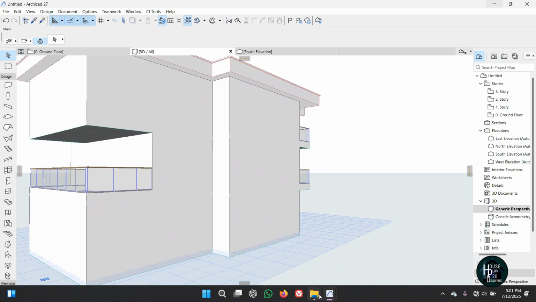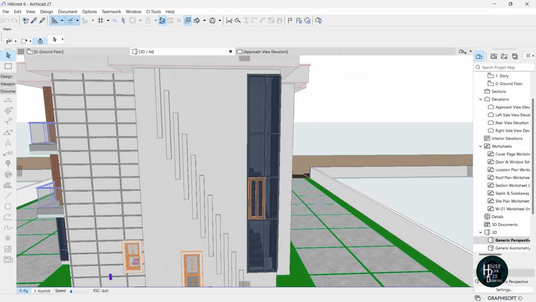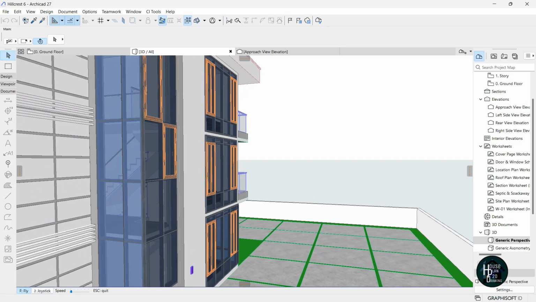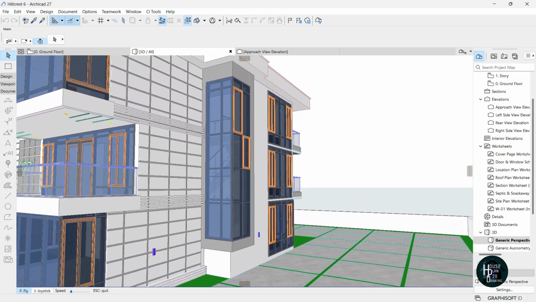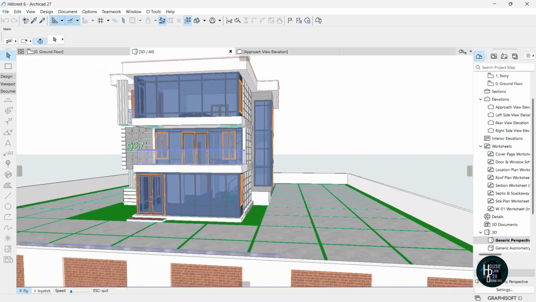Because if you come to this design that we did earlier on, you'll see that we have the stair being shown like this, and we also used the curtain wall for it. So we want to work on this first, and then we're going to come to this other side to work on it. Okay, so for us to go about that, the first thing we're going to do is